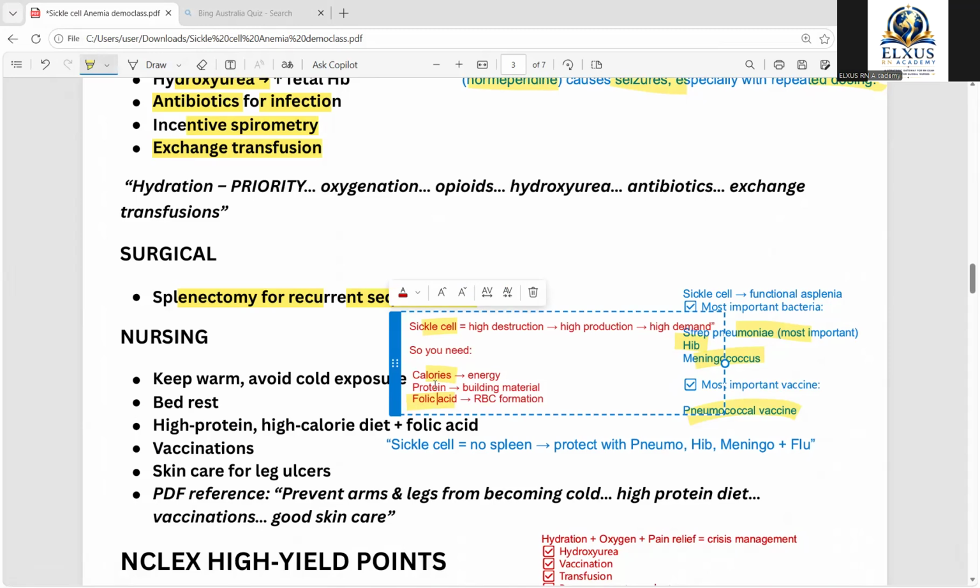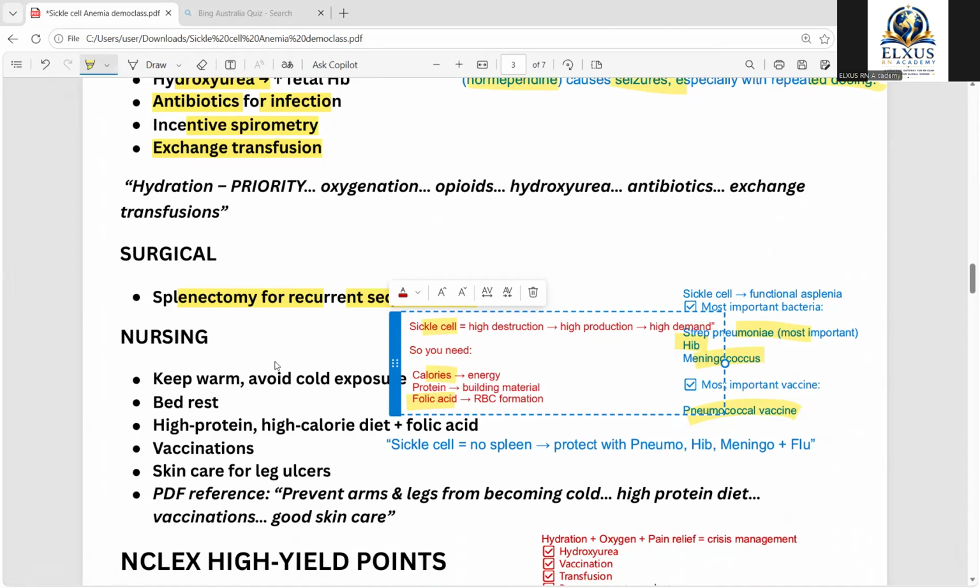Why a high calorie diet? That is to increase the energy production, and the protein will act as a building material. And the folic acid is required for the production of RBCs. So these nutritional intakes, that means increased calorie, increased protein, and folic acid supplementation, are needed for